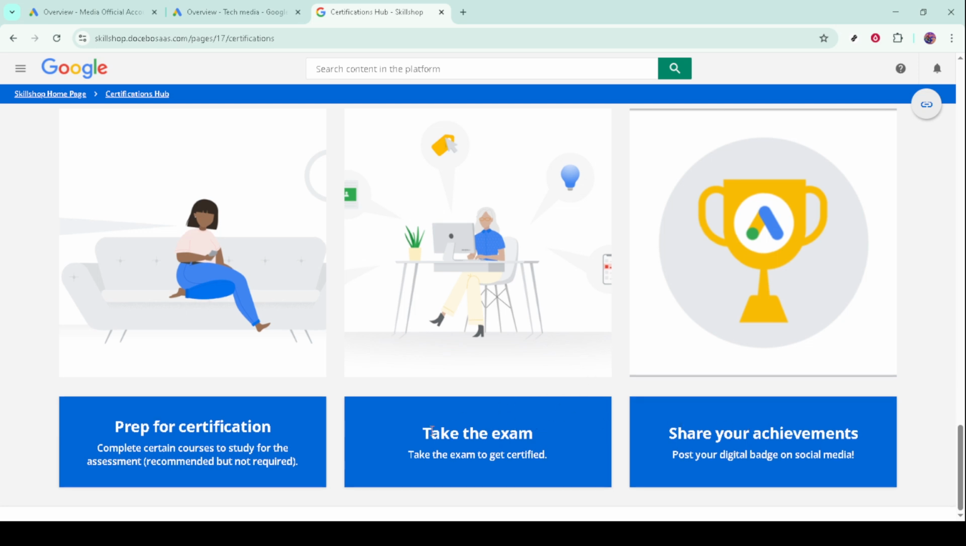When you pass, you'll receive a digital certificate and a shareable credential you can add to your resume and professional profiles. Finally, remember that certifications expire after 1 year. Set a reminder a few weeks before your renewal date, revisit the updated training materials, and retake the assessment to keep your credential active. This habit ensures your knowledge stays current as Google Ads evolves and helps you maintain confidence